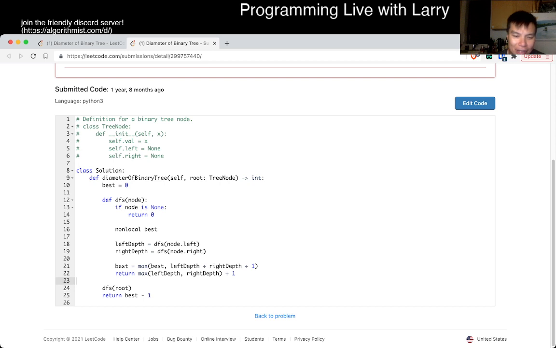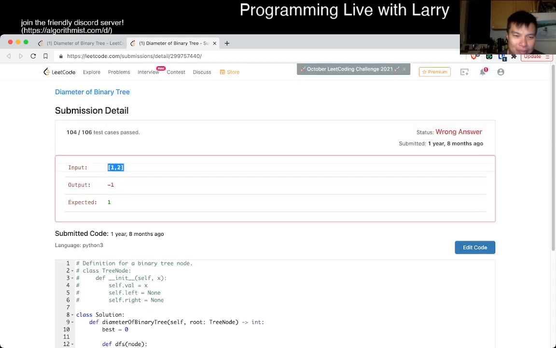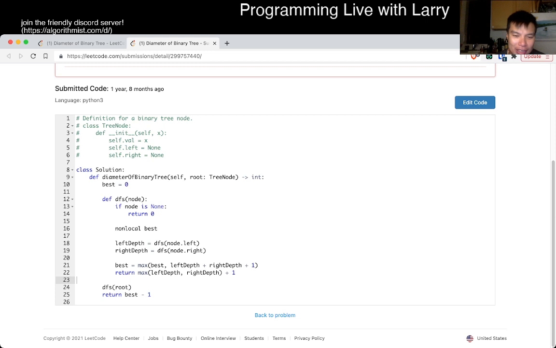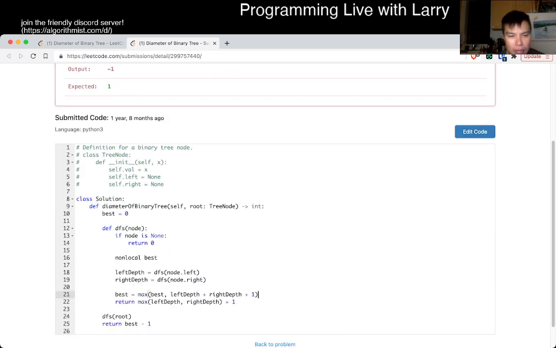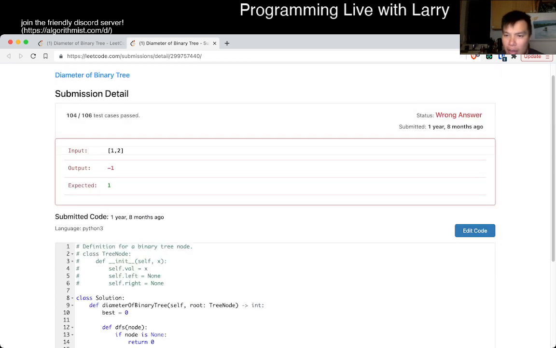Though this seems like what I wrote, so I don't know. Maybe this would have been wrong, because that's what I wrote initially. Not sure. Anyway,